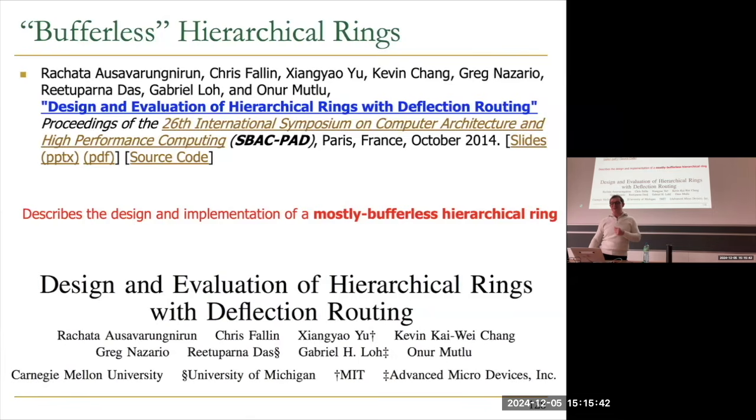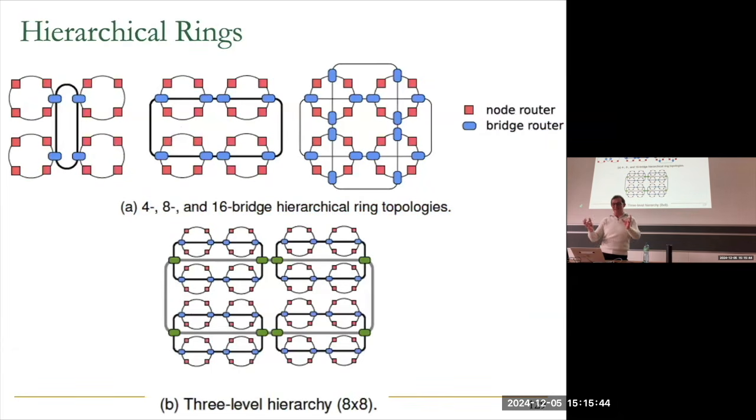So we developed methods for bufferless hierarchical rings, which is, I think, a very nice topology. In fact, if you actually design hierarchy into your topology, you reduce a lot of the overhead. If you look at a non-hierarchical mesh network, it's not very scalable, right? If you want to have, let's say, a 100 by 100 mesh, the distance between one node that's over here and another node that's over here is a lot of hops, right? It's 200 hops,